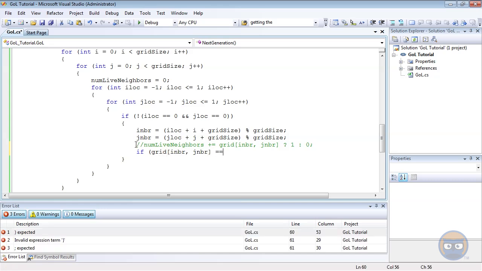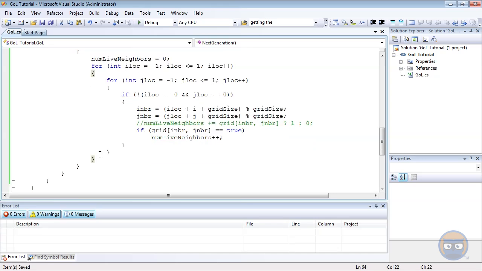If the current neighbor is alive, increment the number of live neighbors. Okay, now once we've got a total for the number of live neighbors, we need to check with our rules of the game of life to see if the current cell is going to be alive or dead in the next generation. So the rules of the game of life are, if the current cell is alive,